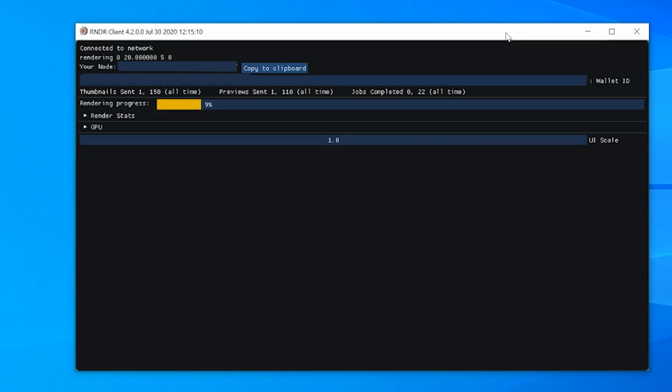So the issues I see are the gateway of entrance to being able to be part of this network, which is you have to be a bit crypto savvy on the mining side to do it. Not very much, but a little bit. And also on the artist side, I won't go through everything you need to do in that, but you have to package and compile your files into an Orbex format and send it to them. And then you've got to buy render tokens from them or get them from somewhere else on exchange. There's lots of things to talk about there, but I won't go into that right now. I just wanted to show you that,